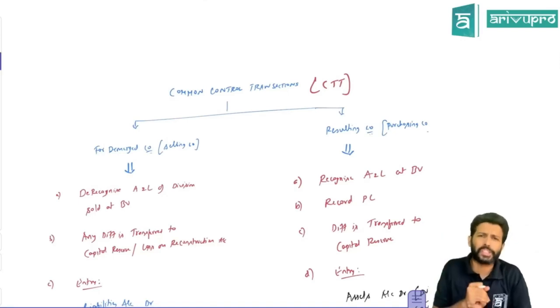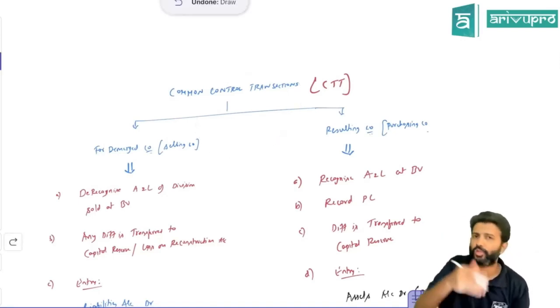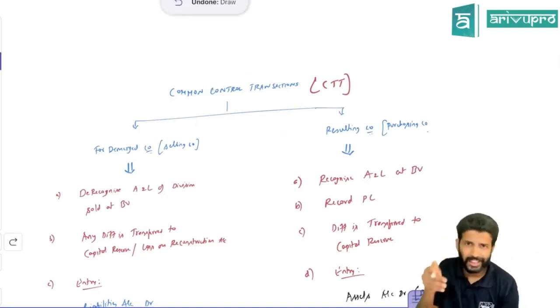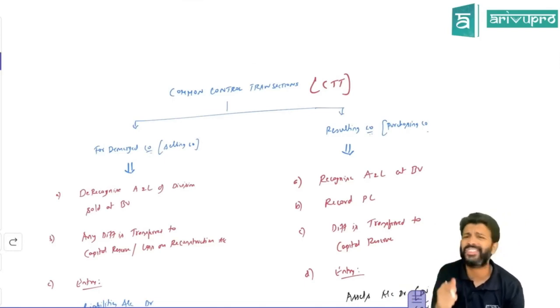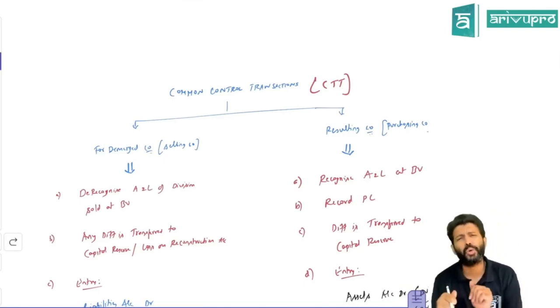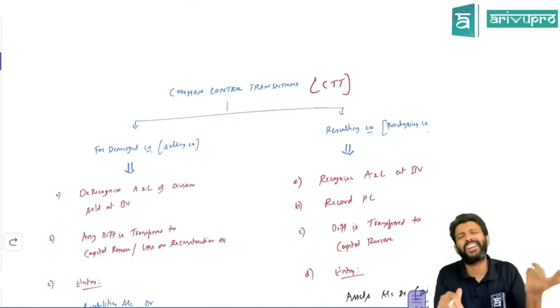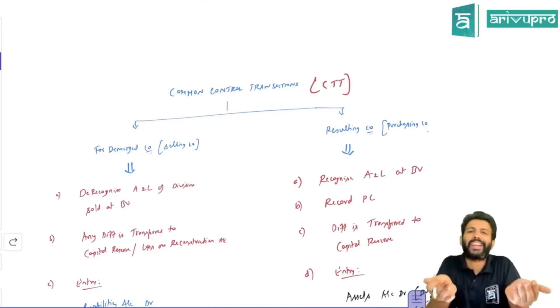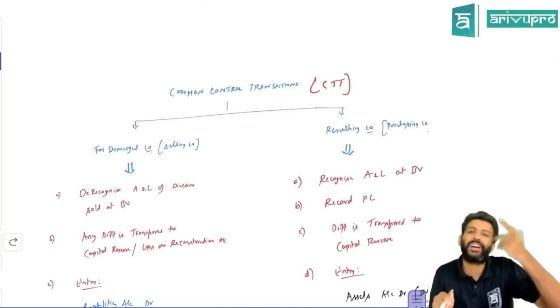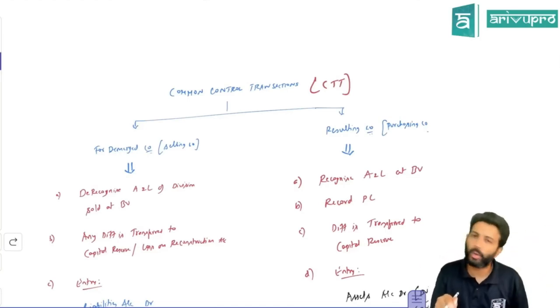So if you have sold a division, can this particular company which has sold this division still show it? Currently they are already showing this division's assets and liabilities. After sale, can they show it? No. That means they have to derecognize. They're showing it at what value? Carrying amount. So they will derecognize at what value? Carrying amount or book value itself.